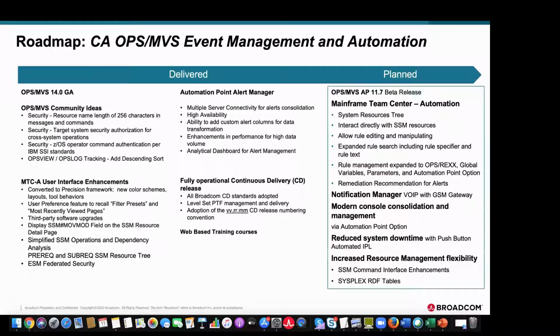Finally, when it comes to OPS/MVS core, we have the system state command interface, which